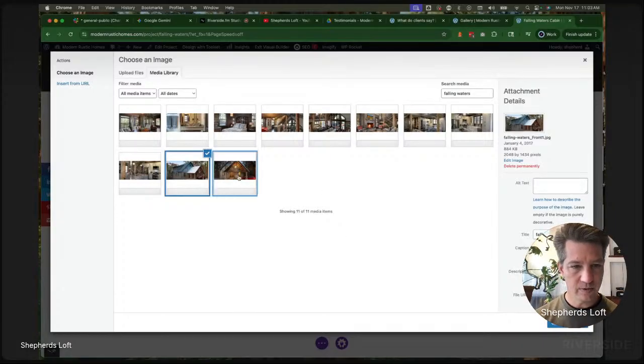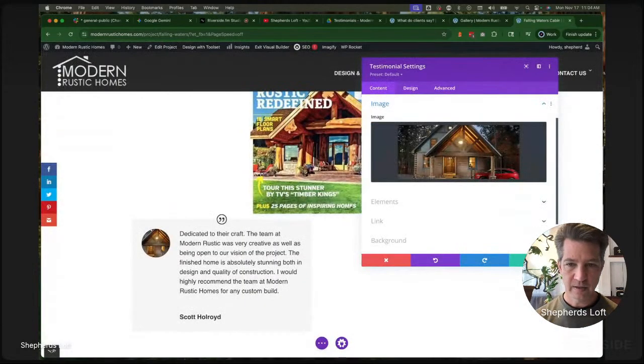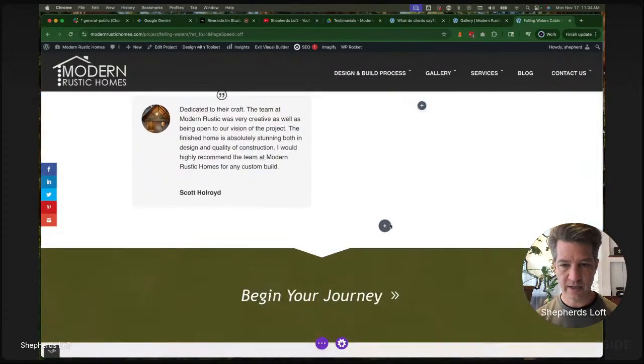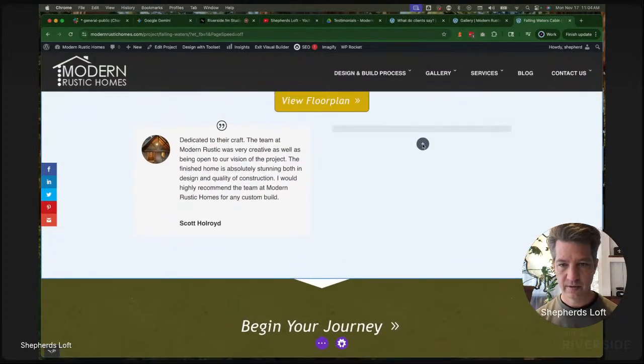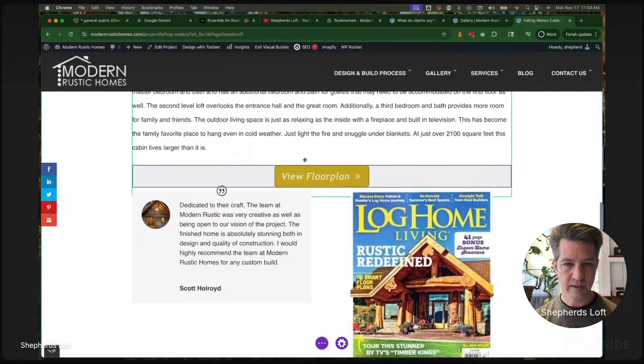Well, that's a lot of roofs, so let's pick this one. I guess it might be cool if they matched, but I think this one is probably going to look better as an icon. So we'll save that. And then I'm going to drag and drop this little magazine thing into the right column. And then it's a little